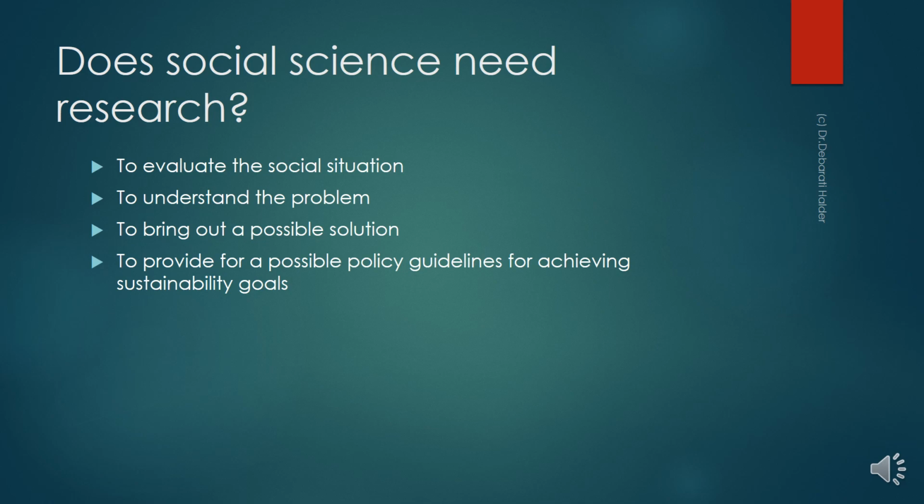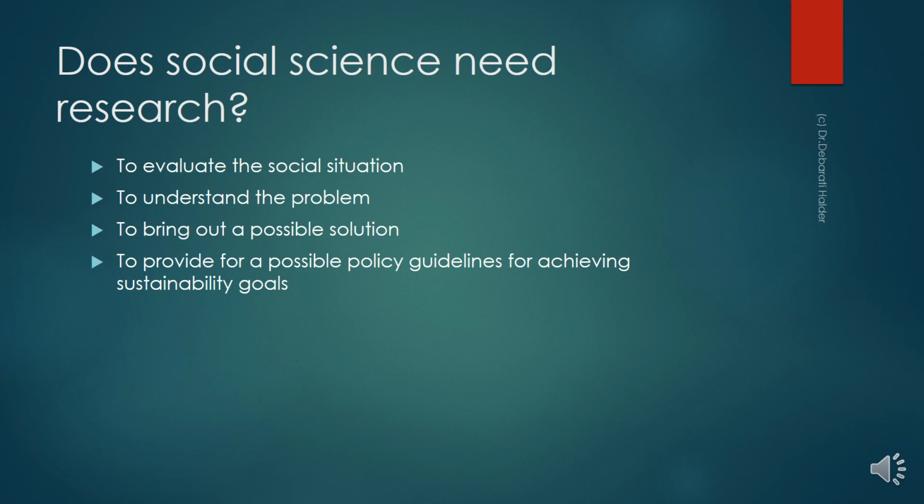Keeping this in mind, we must note that we are not living in a utopian society. Therefore, societies will have certain kinds of social situations, and research will make these problems clear for all of us. Research also helps to bring out a possible solution to address such challenges to the social situations. Research also helps to provide possible policy guidelines for achieving